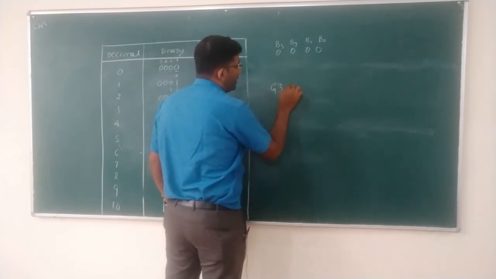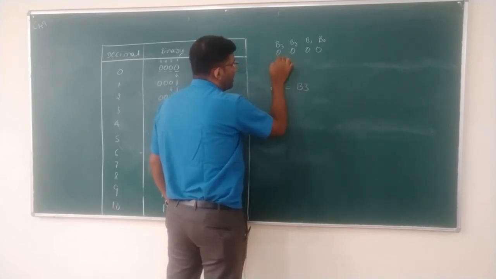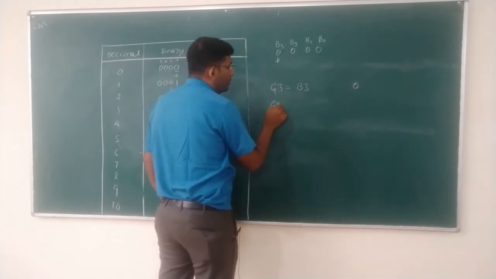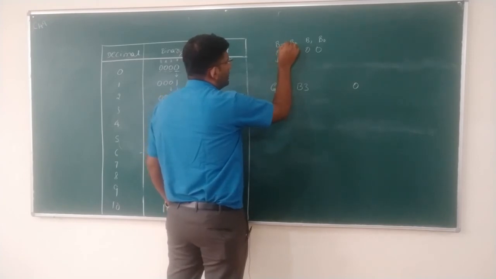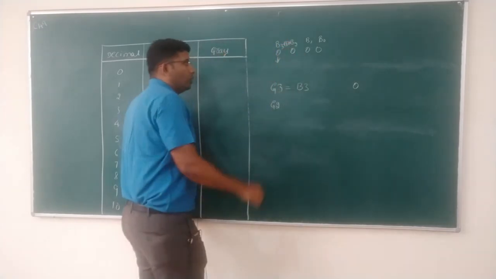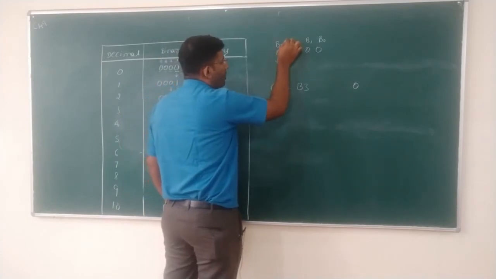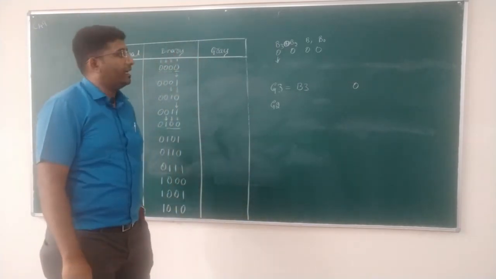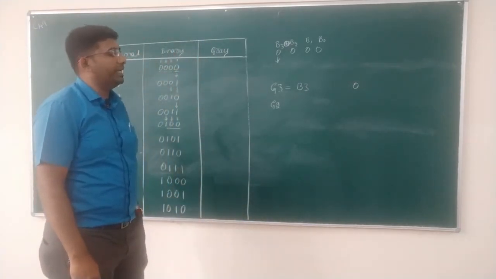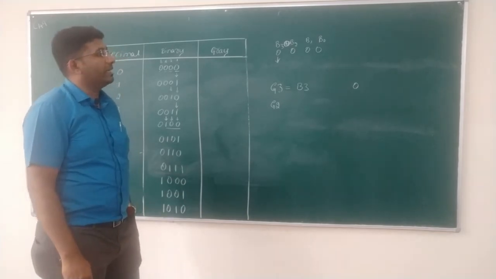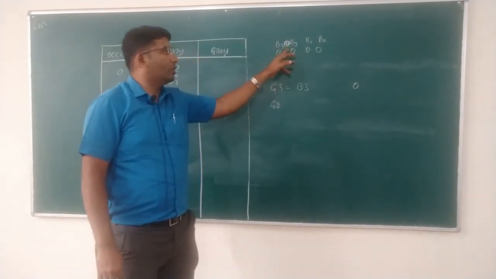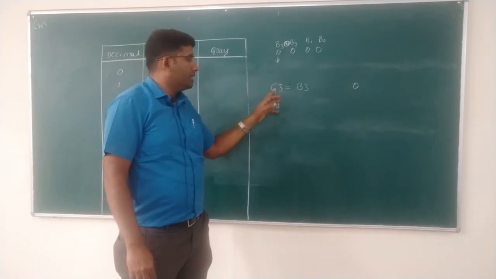How are we going to change this? G3 is the same as B3, no changes in this one. You can write 0 as it is. If you want to get G2, then you have to add these two numbers, B3 and B2. I am putting a circle around the plus sign, the exclusive OR gate property. When an even number of ones are there, the output is 0. When an odd number of ones are there, the output is 1 for this exclusive OR gate. That you have to consider.